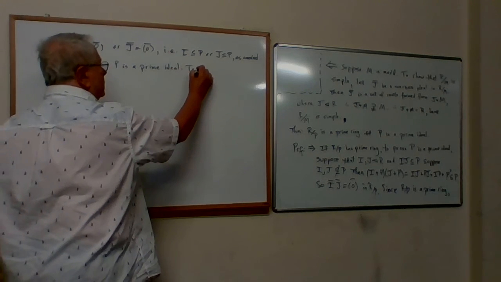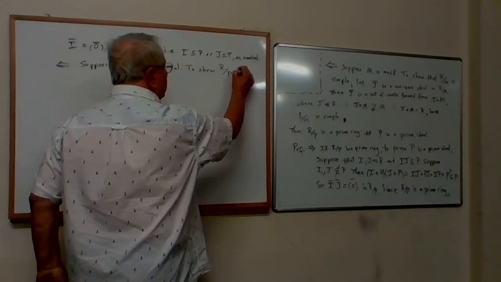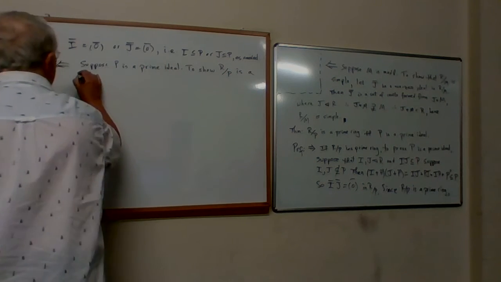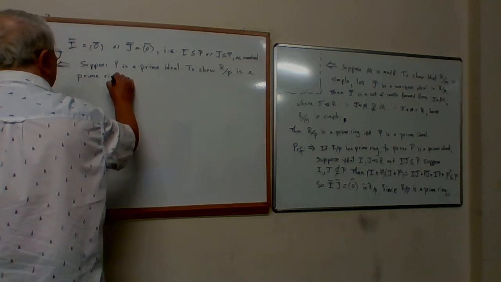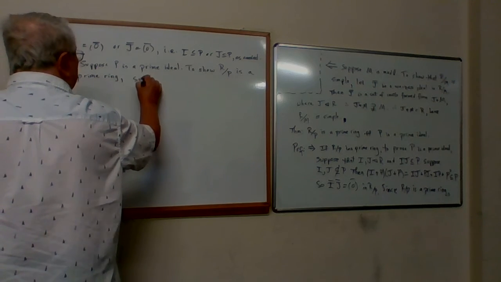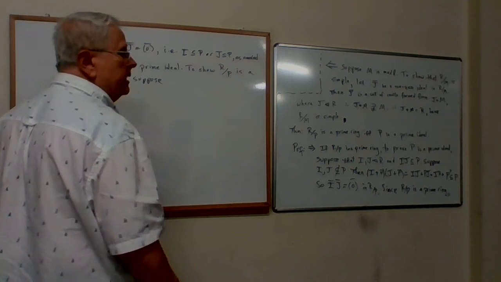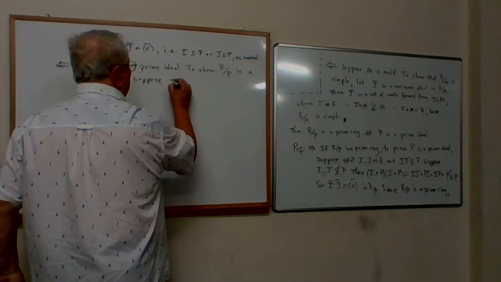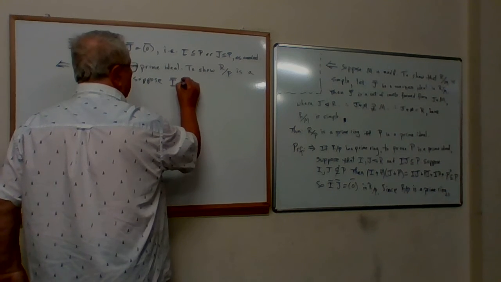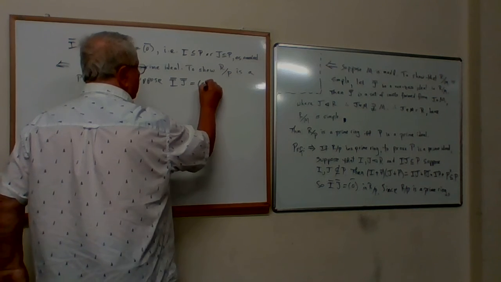To show that R mod P is a prime ring, suppose that the product of two ideals in R mod P is the 0 ideal. Suppose I bar J bar is equal to the 0 ideal,